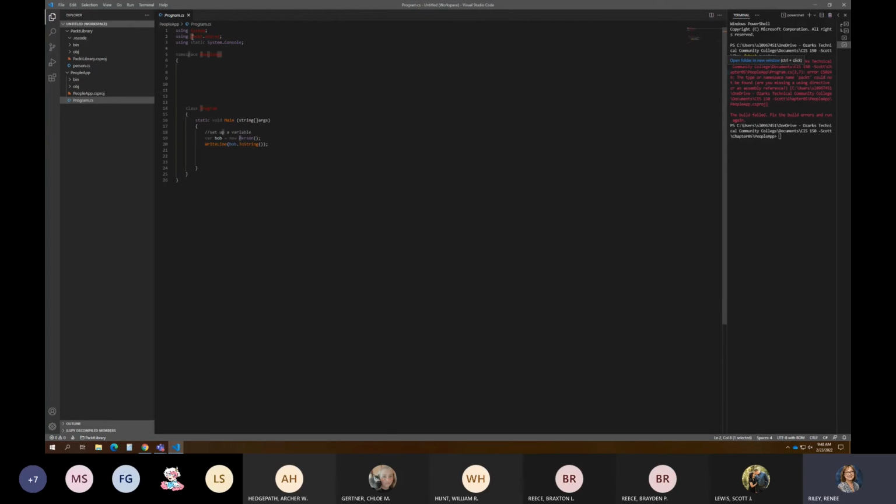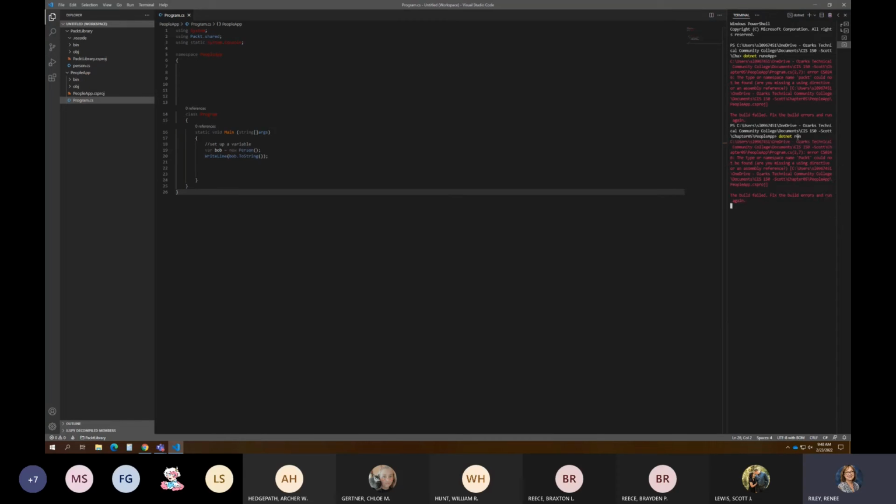Is it supposed to be uppercase Packet? Well, it has to match exactly. Oh, it did change color, so maybe that'll do it. Yeah, that looks better. It's still giving me that same 2.7 error.